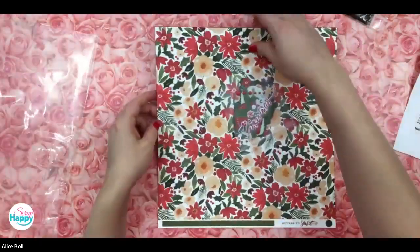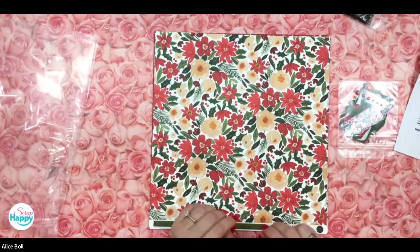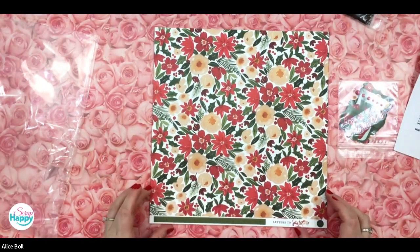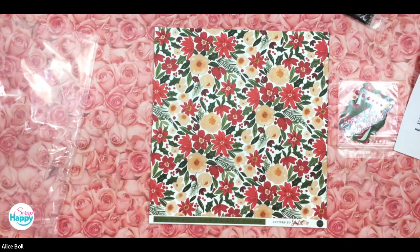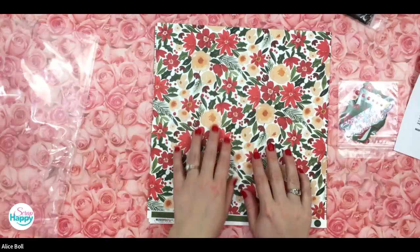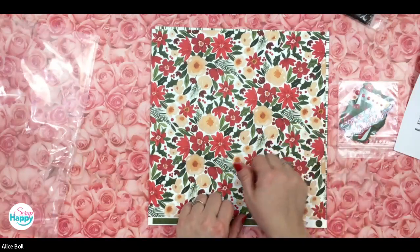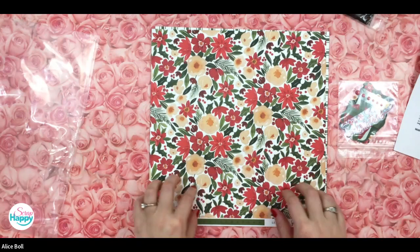And this paper here, for starters, if you haven't had Cartabella paper before, Cartabella is related to Echo Park. It's part of the same company, but their Cartabella line is all their textured paper. So I just want to sit here and be like, ooh, the texture. So if you like that textured basil paper,